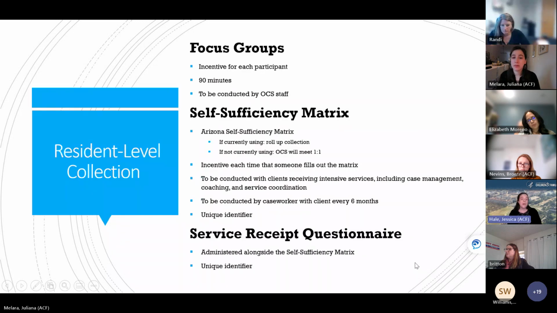All right, and then to wrap up, for the resident level data collection activities, we're planning focus groups with a few select sites. So we're seeking approval to offer incentives for these participants, and we expect these groups will last around 90 minutes. OCS staff will conduct the focus groups, but we'll need to work with your team to coordinate them. Then we will also use the Arizona Self-Sufficiency Matrix to observe changes in indicators related to self-sufficiency over the